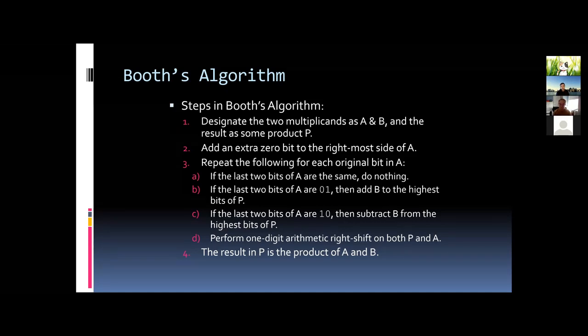So you have two multiplicands, A and B, and the result is some product P. We add an extra 0 bit to the rightmost side of A, similarly to how the basic idea works. And then we repeat the following for each original bit in A. For each bit, if the last two bits are the same, do nothing. So we can easily handle sequences of zeros and ones, and we don't waste any operations on those. And why it works: if you had tons of zeros, I really don't need to multiply it. The only thing,